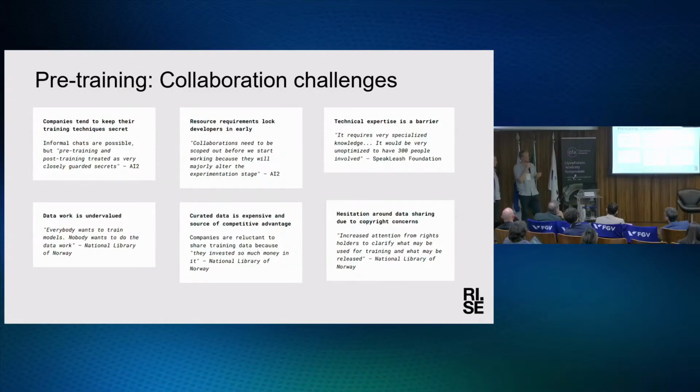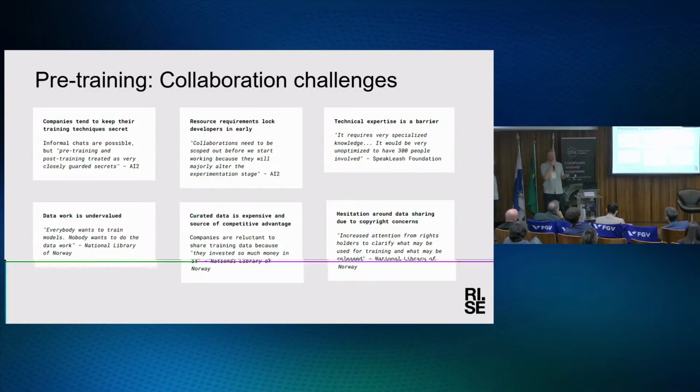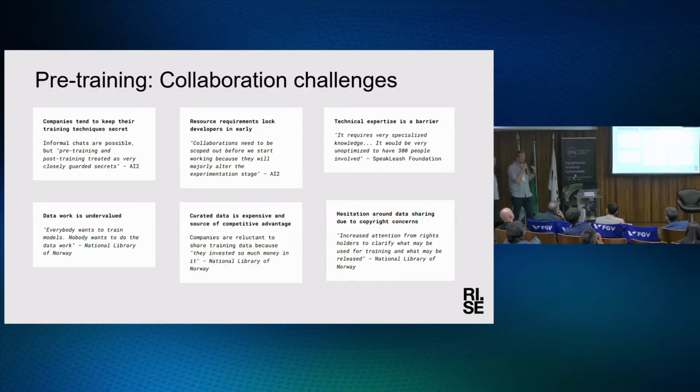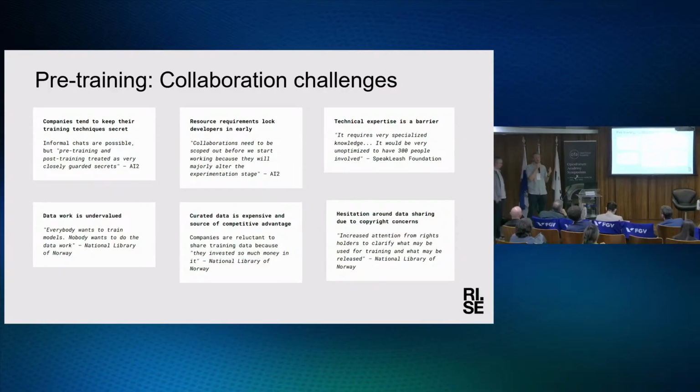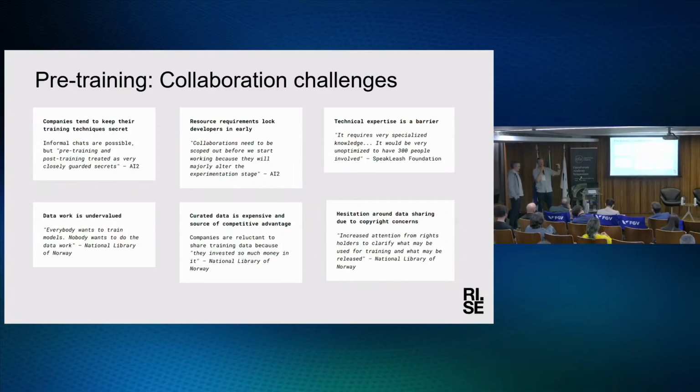Another one, this second one here, is about the resource requirements, meaning that the development process has to be planned ahead. And this is from AI2, the Allen Institute for AI, who are famous in the community for really pushing the boundaries of truly open source AI. They release training code, they release the training data sets with their models and really extensive documentation. They say, we really have to plan every step in advance, and that really is not conducive to spontaneous collaborations.